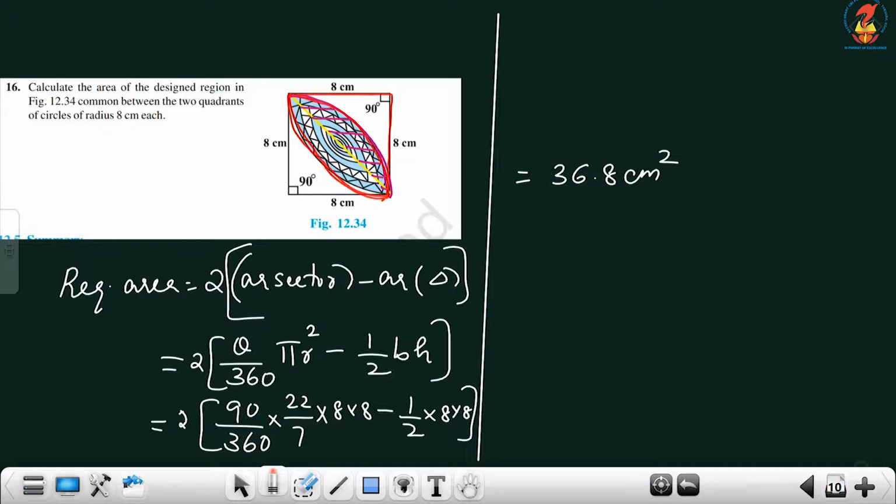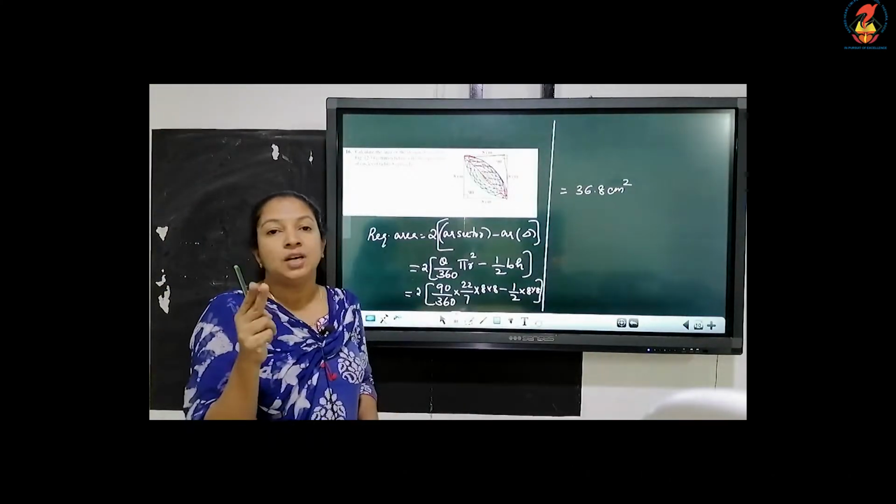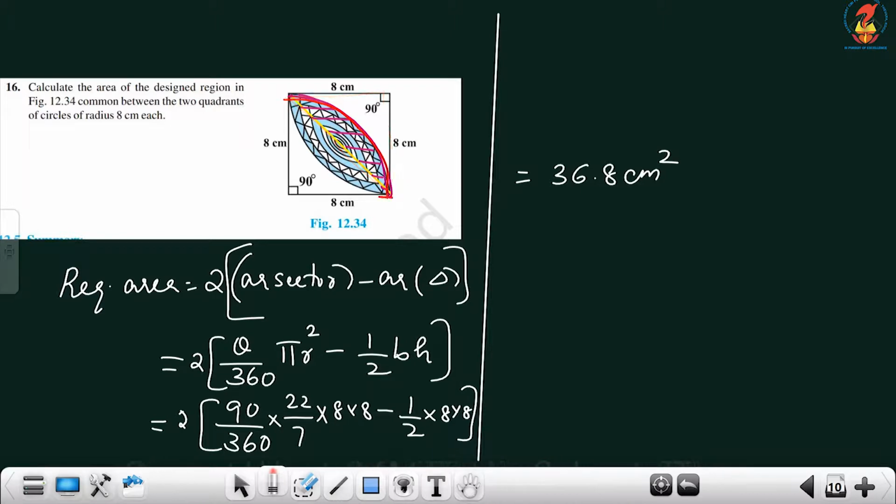How can you find the area of one part of this? This one part you can find by taking the area of the sector minus the area of the triangle. Two times, because two parts are there, one is this and the other is this. So, 2 times area of the sector minus area of the triangle will give the required area. So, the required area is equal to 2 into theta by 360 into pi r square minus half BH. B and H are the same because this is 90 degrees. So, 2 into 90 by 360 into 22 by 7 into 8 into 8 minus half into 8 into 8,